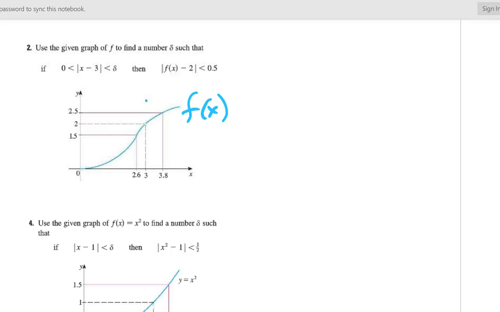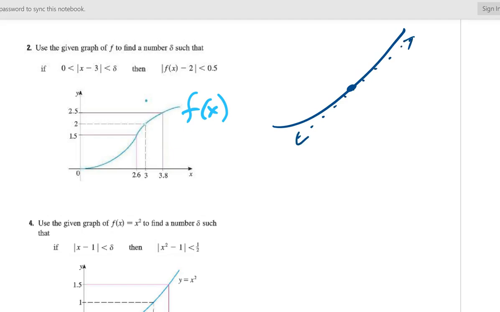Now if you notice, f of x moves along, but there's an open dot here, and it's defined up here instead at the number 3. This is typical of helping you understand that the limit doesn't care what's going on at the actual number 3. It just cares about what's going on around it. And the reason for this is the fact that when we're looking for the slope of a line that's tangent to a curve,